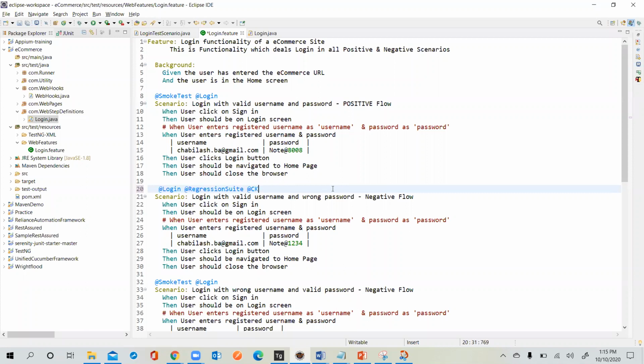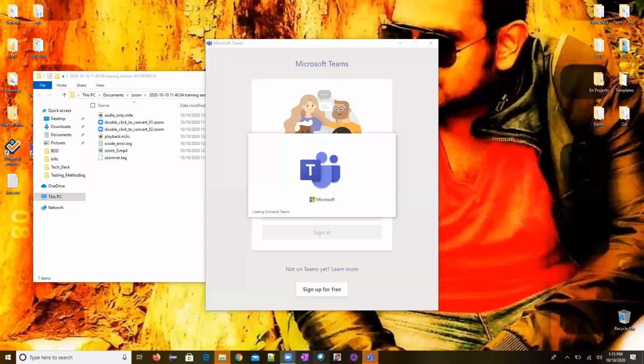Guys, clear? Yes. Okay. Now I will just quickly stop your sharing. I wanted to show one thing, how this works. When you try to execute this, for example, we will be having a feature file. For the feature file, I'll be having a step definition file.